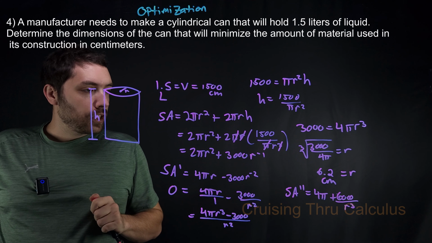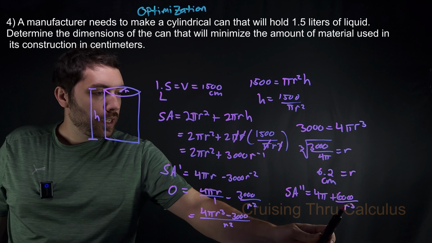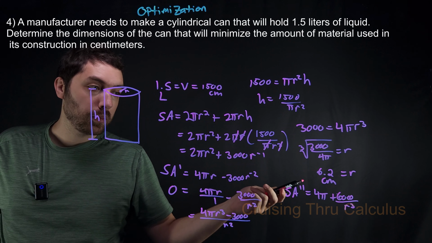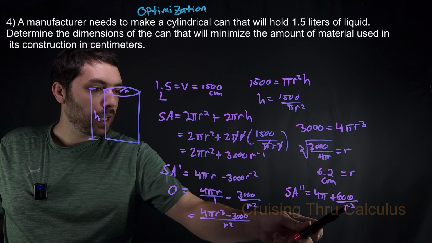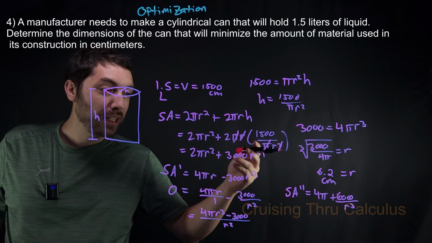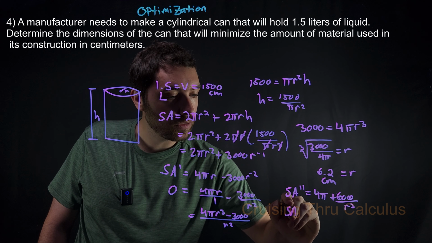And check this out. This is actually kind of interesting. R is 6.2. That's a positive number. Over here, notice r cubed. So if we take 6.2 and cube it, that's going to be positive. Positive divided by positive is still positive. 4 pi is positive, plus another positive is still positive. I guess what I'm saying is that if you substitute 6.2 in for our surface area here,